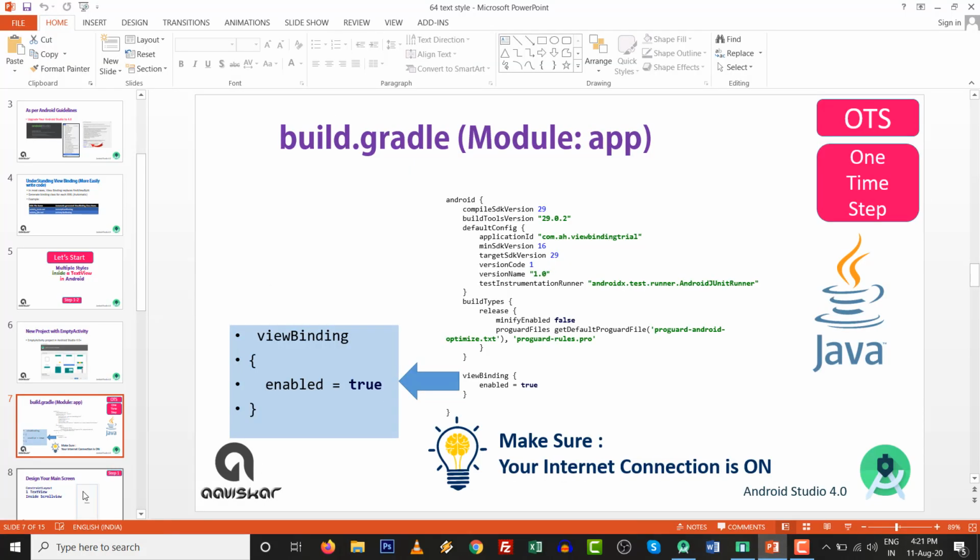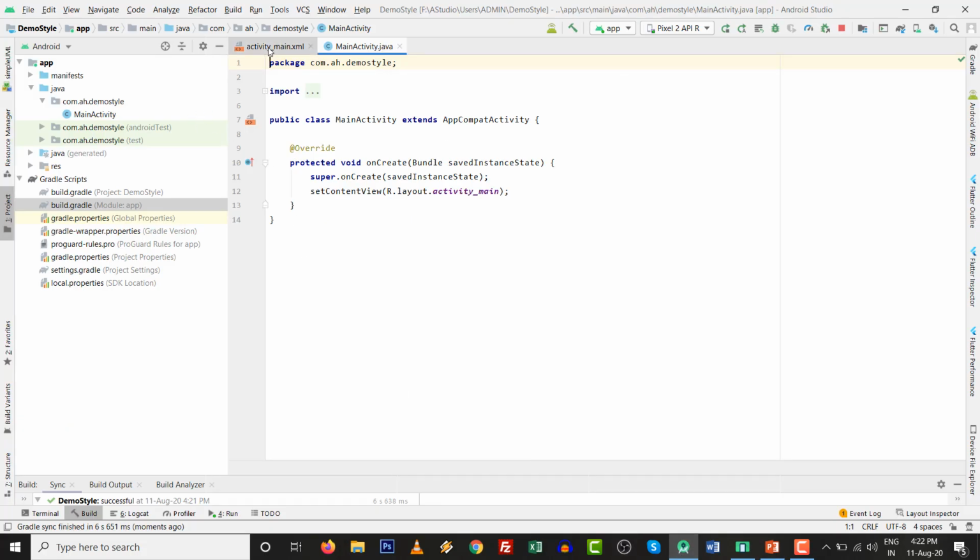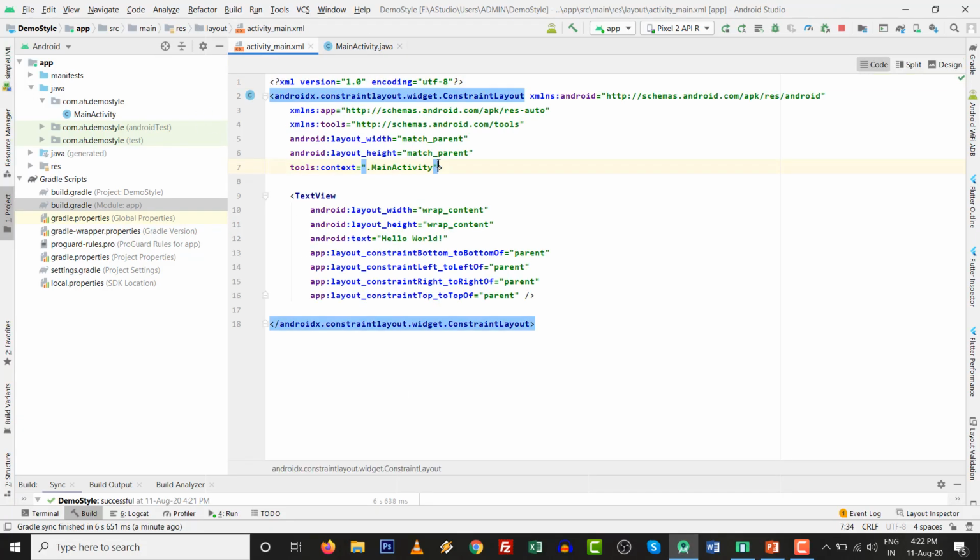So go to our step number 1. Inside step number 1, we will have one text view within a scroll view. Scroll view means if the size of our text view is larger than the height of our screen, then it will support us. So let's do that coding inside activity_main.